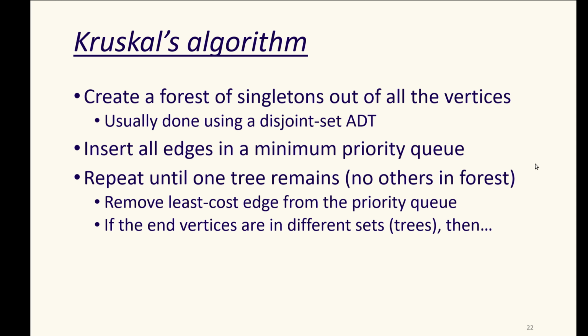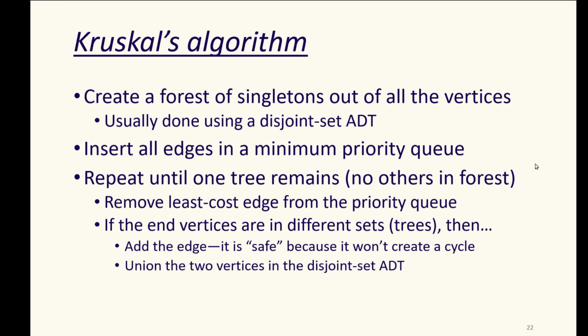We haven't built them into our spanning tree. So we can add the edge to the set of edges that record our spanning tree, and we can do the union of the two sets, the two trees, in that disjoint set data type